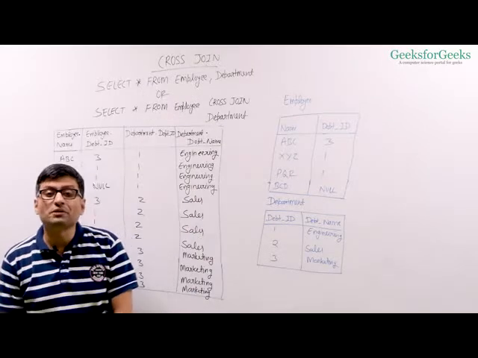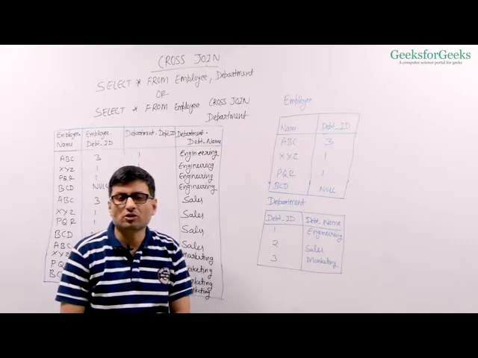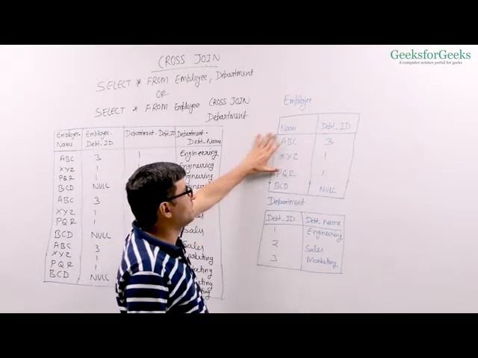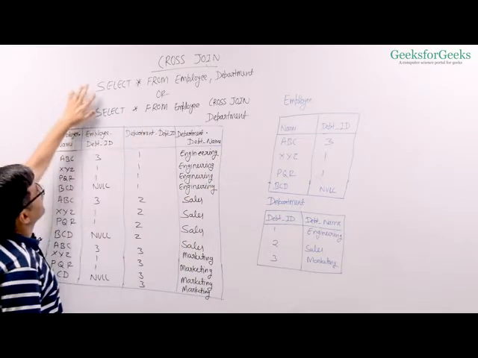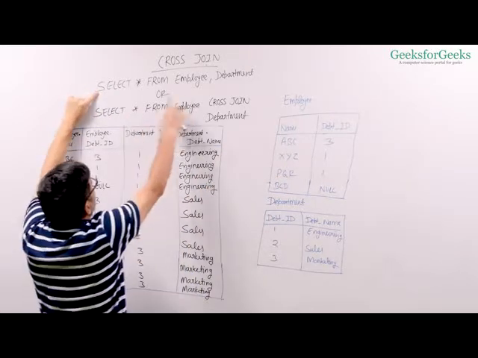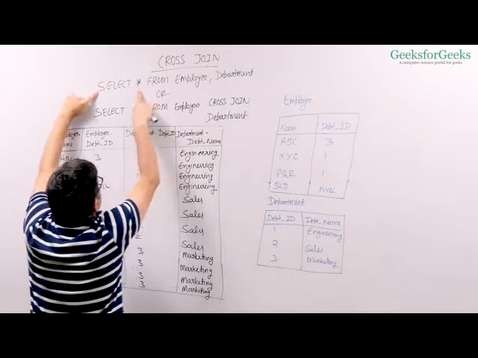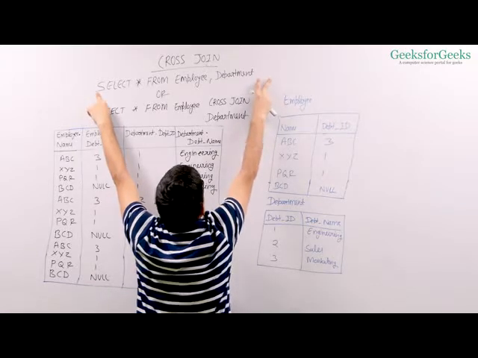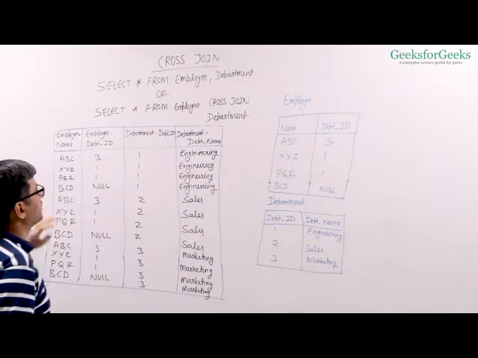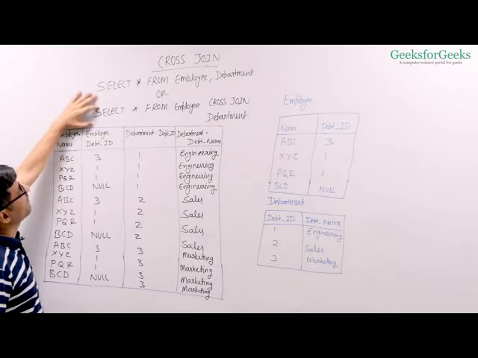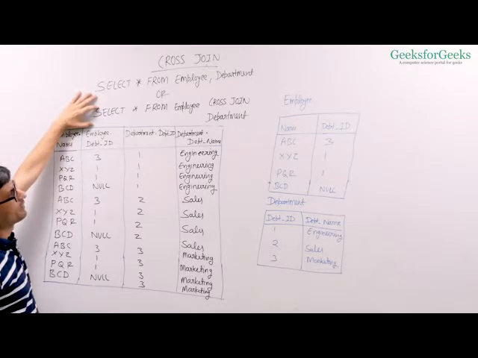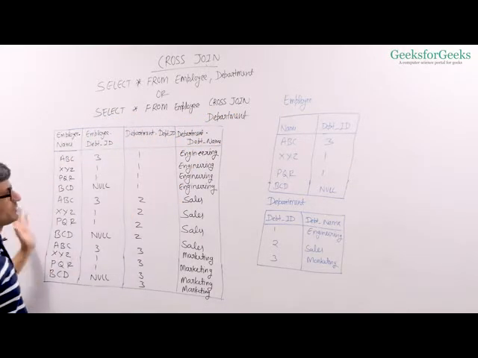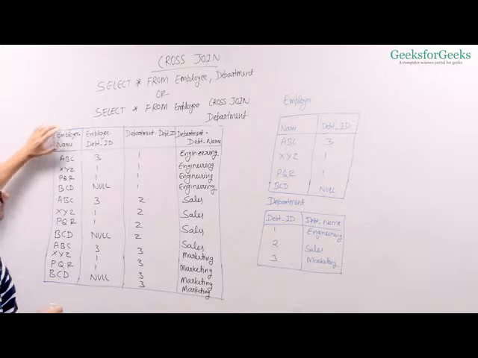Let us now talk about the first join, which is cross join. Cross join is nothing but the cross product of both the tables. So if I have two tables and I want to do a cross join, I can do it by simply writing both table names after FROM without any condition. If you do not put any condition, it means you want to do a cross join. Another syntax, which might not be allowed in all database management systems, is to use the CROSS JOIN keyword. So what happens with this cross join query?